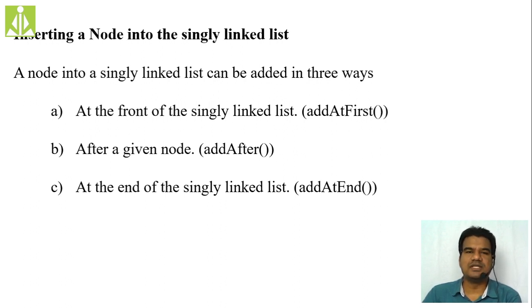In our previous video we discussed this add at first function. I mean, how we are going to add a new node at the front of your linked list, and we said it is a four-step algorithm or a four-step process. If you follow those four steps, automatically the newly created node will be added at the front of your singly linked list. So this we have already discussed, adding a node at the front of your singly linked list, that we are achieving with the help of the add at first function. This we already discussed. So the concept was very simple.